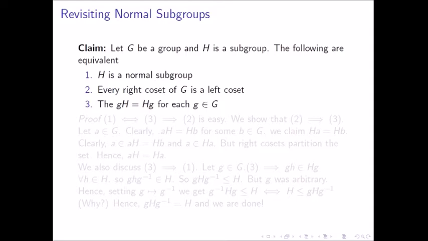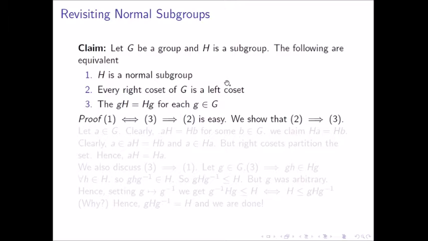So we look at these properties once and now prove the equivalence. Note that 1 is equivalent to 3 is not hard to see, right? It's basically somewhat similar to the definition. And 3 would imply 2 is also easy, because if 3 is there, then every left coset is basically the right coset of the same element, that is H is equal to HA. So let's consider 2 implies 3 and then briefly study 3 implies 1.